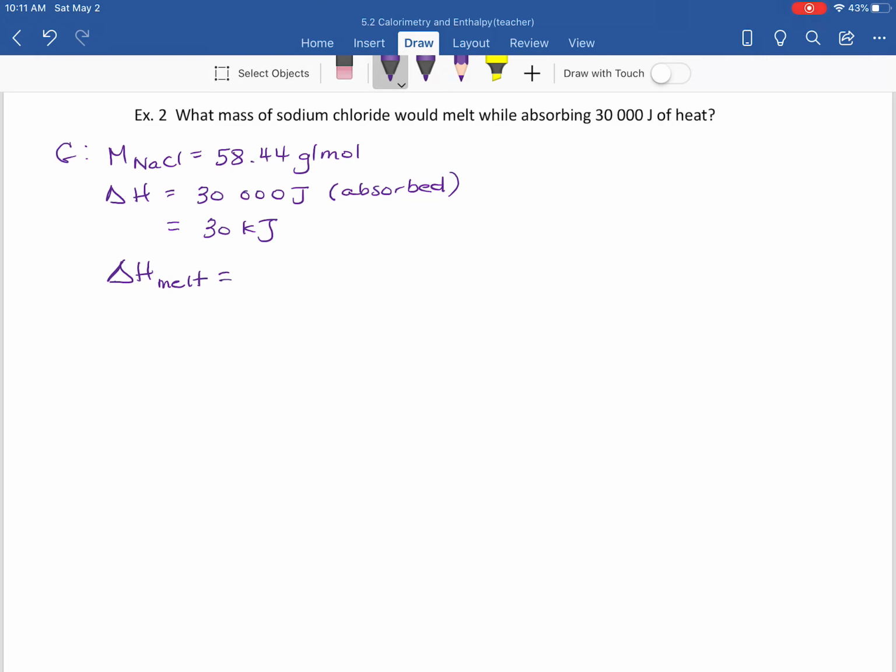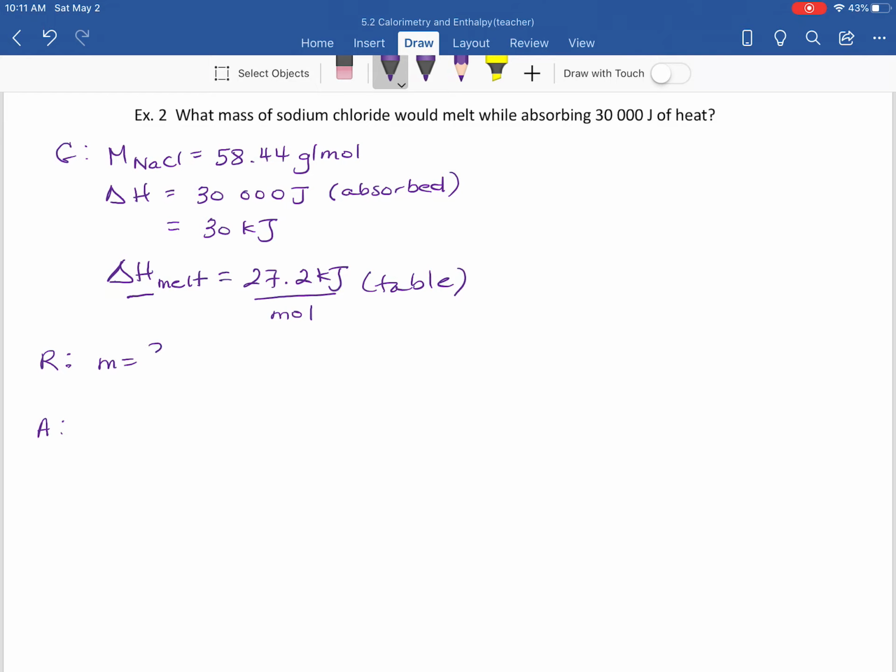And for me to look up the table, I'm just going to cheat here because I've already got it on the side. It is 27.2 kilojoules per mole, the molar enthalpy of melting of sodium chloride. I got this from a table, and you'd be given this in a question or on a test. And the reason I need this value is because we are going to end up using